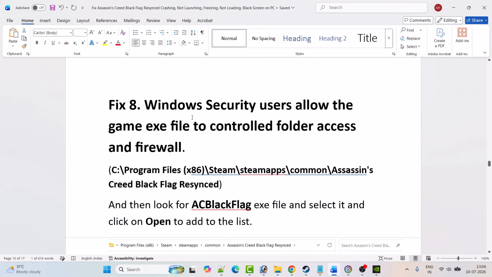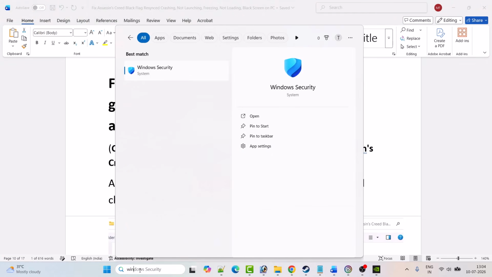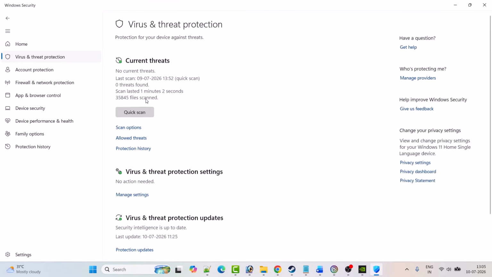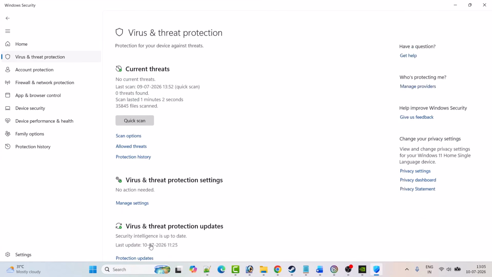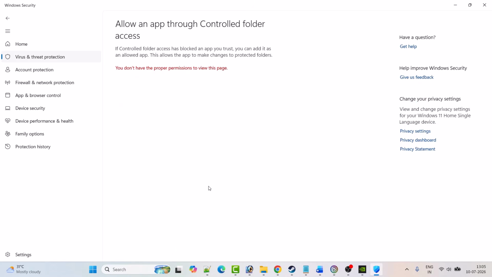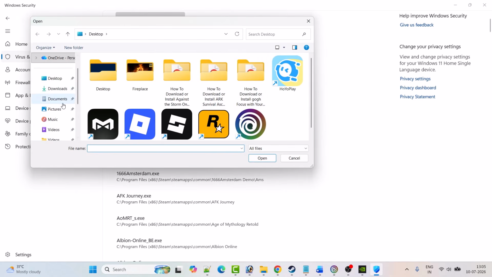Fix 8 is to allow the game exe file through Windows security's controlled folder access and firewall. So in Windows search, type Windows security and open the Windows security. Then click on virus and threat protection. Scroll down, click on manage ransomware protection. Click on allow an app through controlled folder access. Click yes to allow. Then click on add an allowed app, browse all apps, and then browse to the game